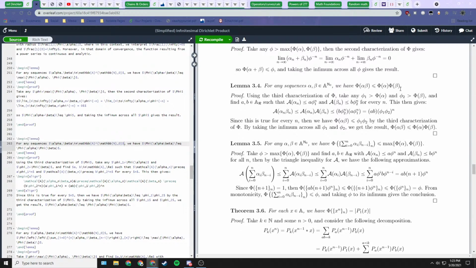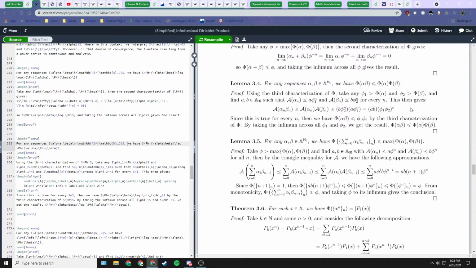Yeah. We have to assume that neither of these are infinite. Or, if we do assume that they're infinite, we can have, so this is less than or equal to these products. So alternatively, we could say, actually what we're doing here is we're saying phi of alpha times beta is less than or equal to the supremum of these products such that, or sorry, the infimum of these products such that phi 1 is greater than this and phi 2 is greater than this. Well, if our set happens to be empty, then the infimum of an empty set is actually,